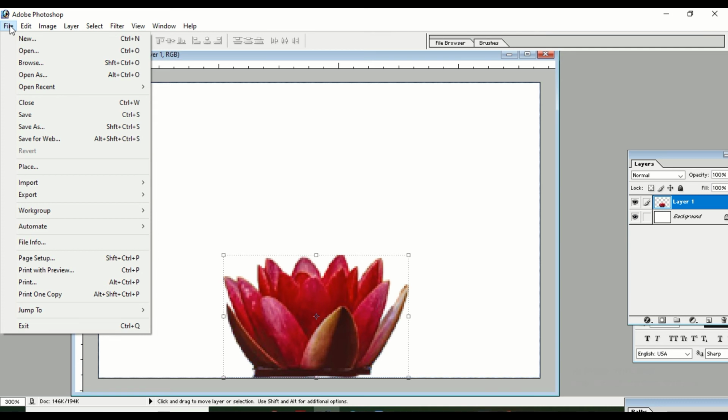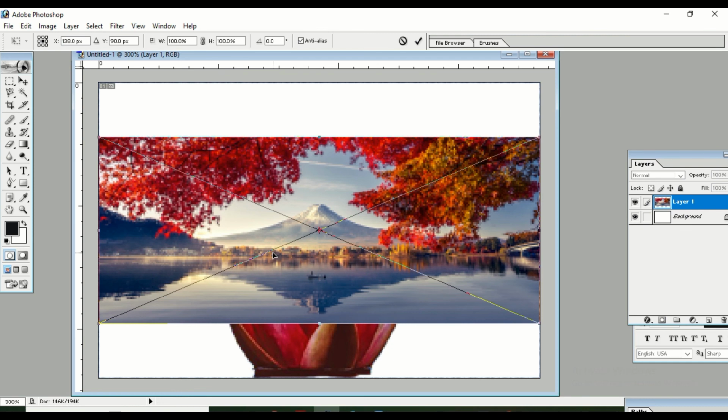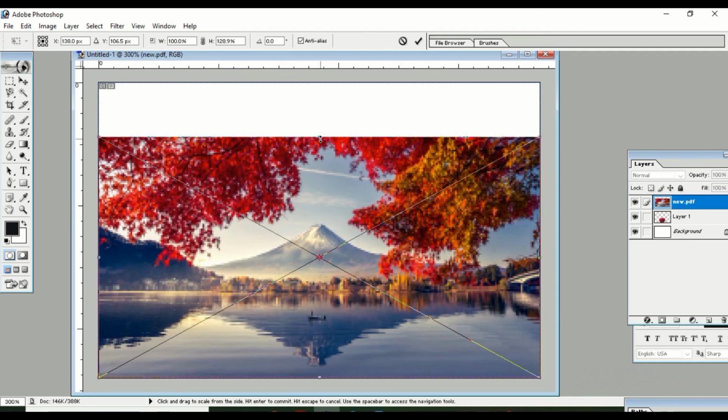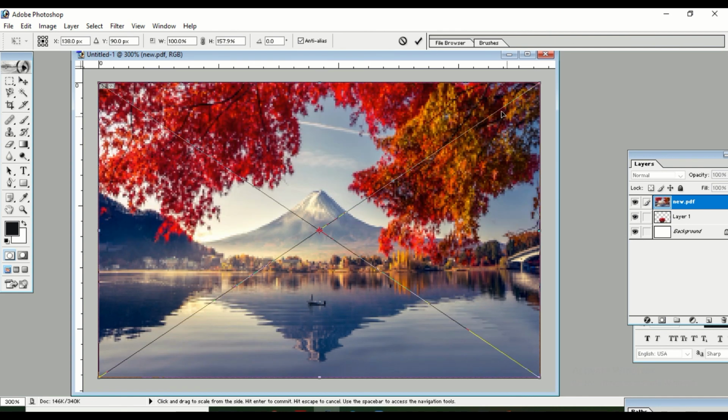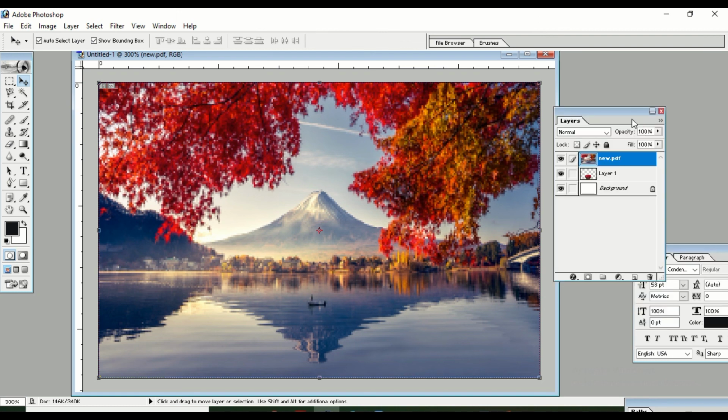Now go to the file that we are going to create, and File, Place. Click on File, Place, and select the PDF file that we have just converted. Okay, now it came here, and drag it to occupy the whole image size.